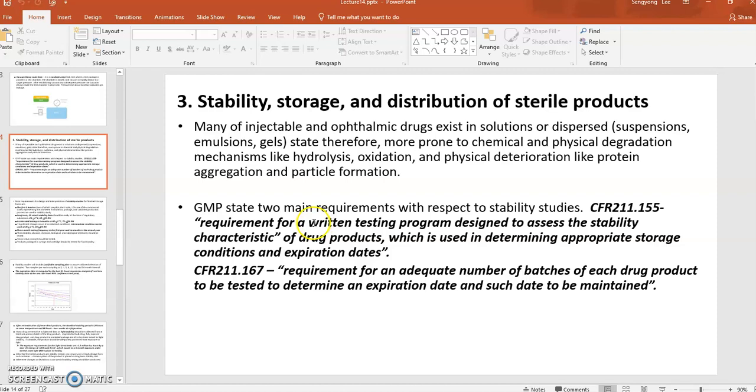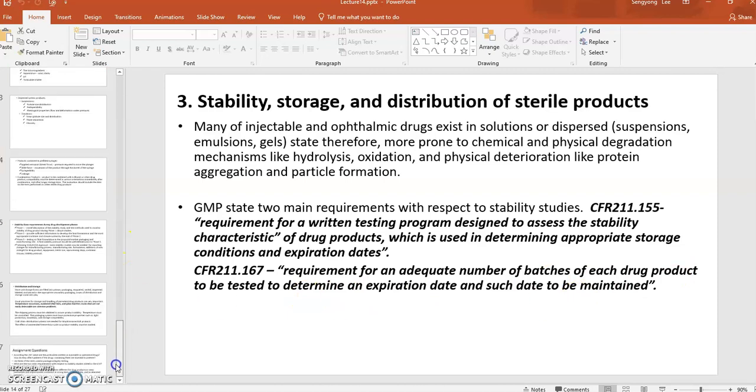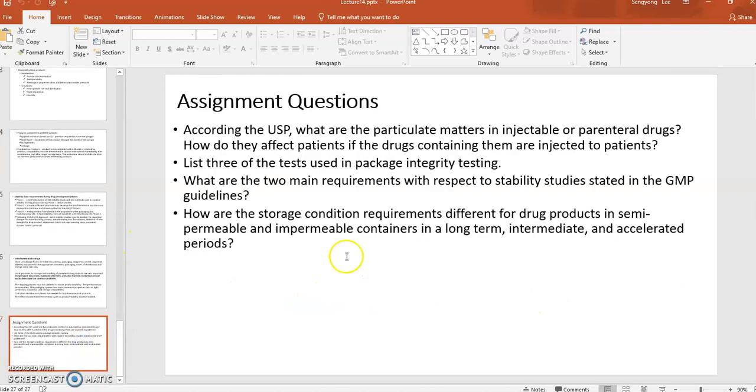Okay, so here are requirements: a written testing program designed to assess the stability characteristics of a drug product, which is used to determine appropriate storage condition and expiration date. Okay, and then another one is a requirement for an adequate number of batches. Okay, they should be tested. Okay, so those are the two. Now, what are the storage condition requirements different for drug products